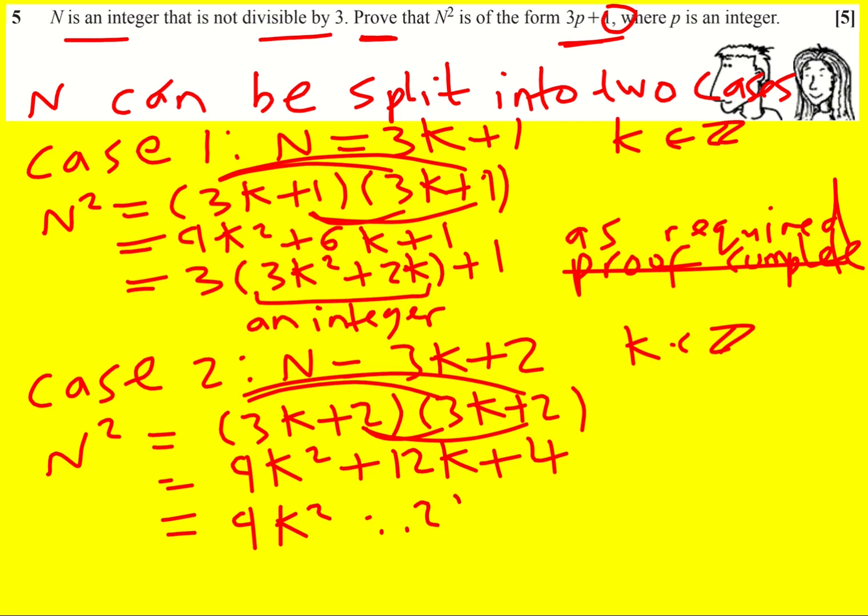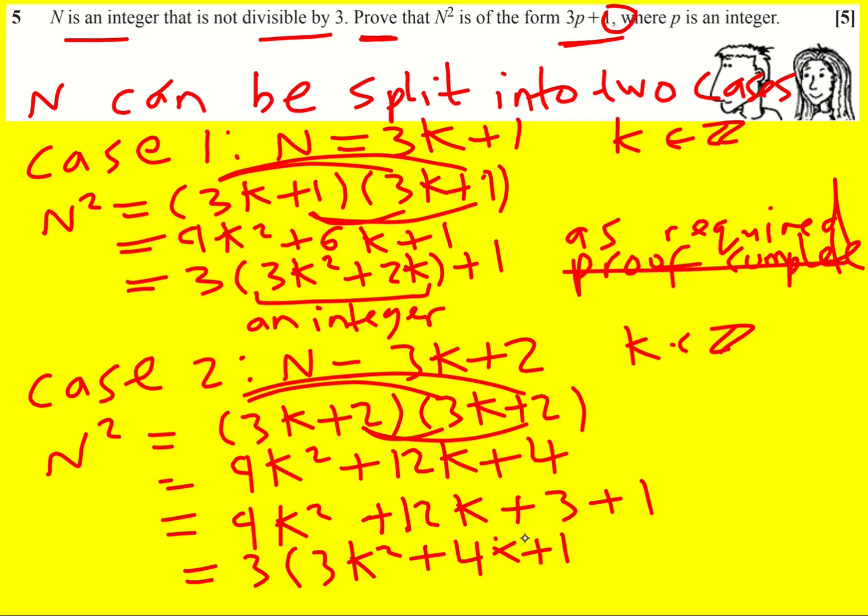So I can split my 4 into a 3 and then a 1. Why have I done that? Because now I've got this thing that I want on the end. And we see now that 3 goes into the first 3 terms, so I can take that out. 3 bracket 3k squared plus 4k plus 1